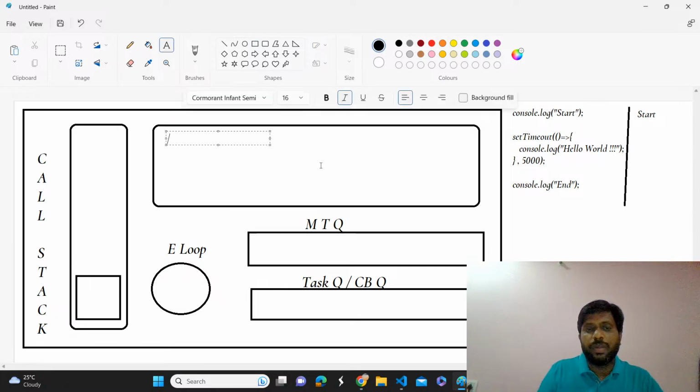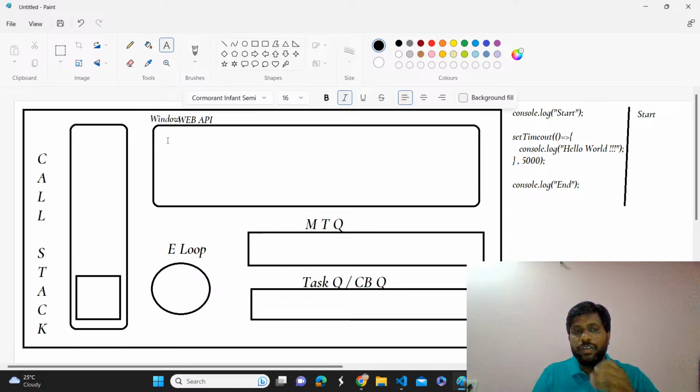So the Web API is nothing but an API through which we can interact with the browser. This is indirectly a window object, and that is directly a window object. Inside the window object